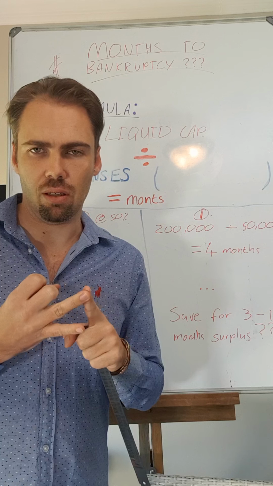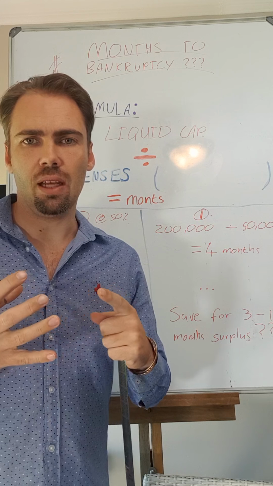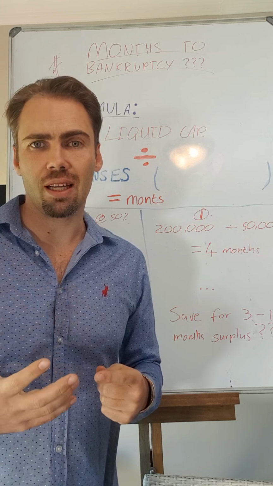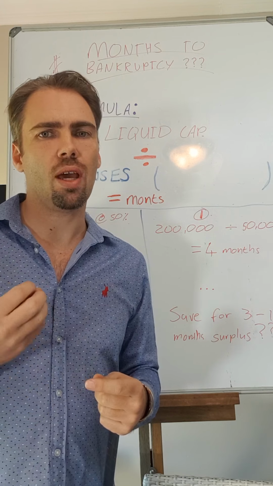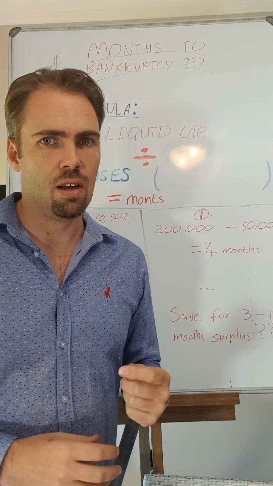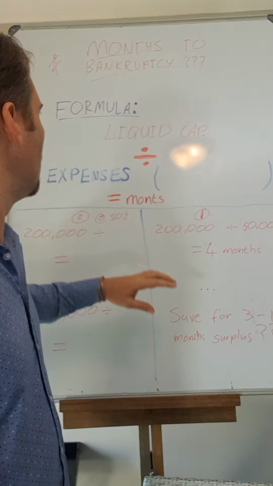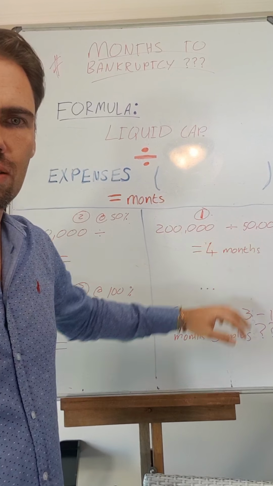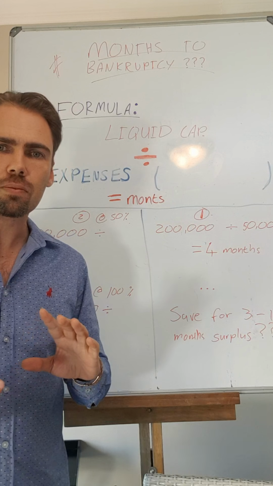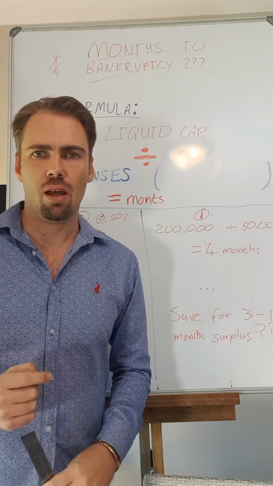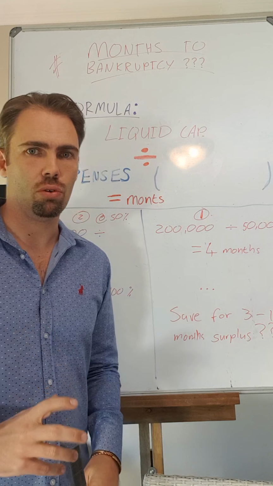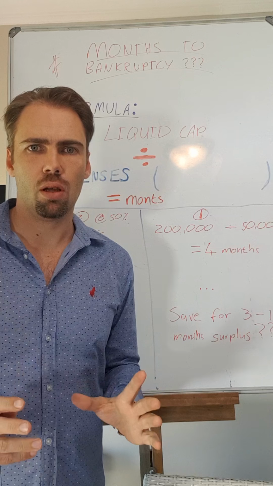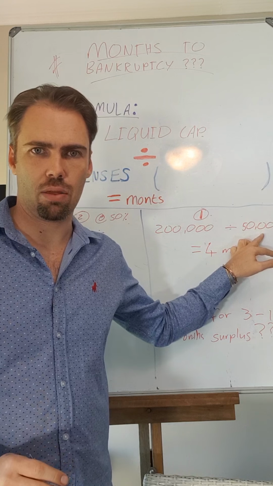Something like a property would not count to that, because in difficult times like we are experiencing right now in the world, it's probably going to take a lot of time to sell a property. So you cannot count that as liquid assets. So I've taken, for an example, an amount of 200,000. I see the focus is hunting a bit. Hopefully you can make that out. So on an amount of 200,000, how long will that last you if your monthly expenses is, say, for example, 50,000 Rand per month, right?